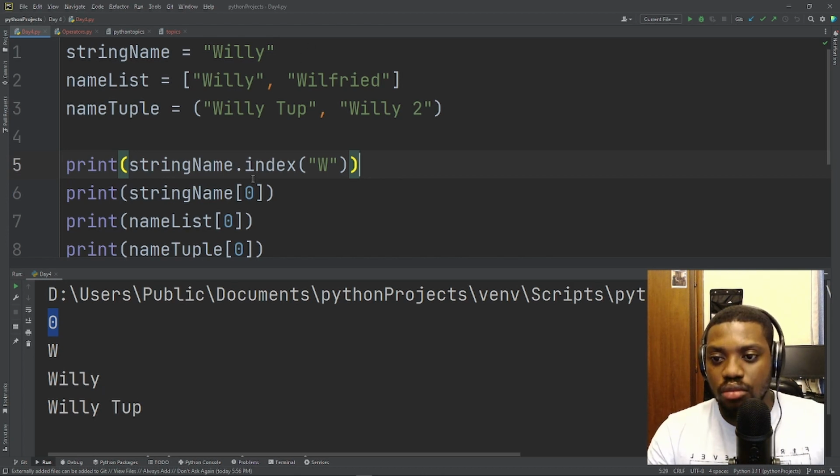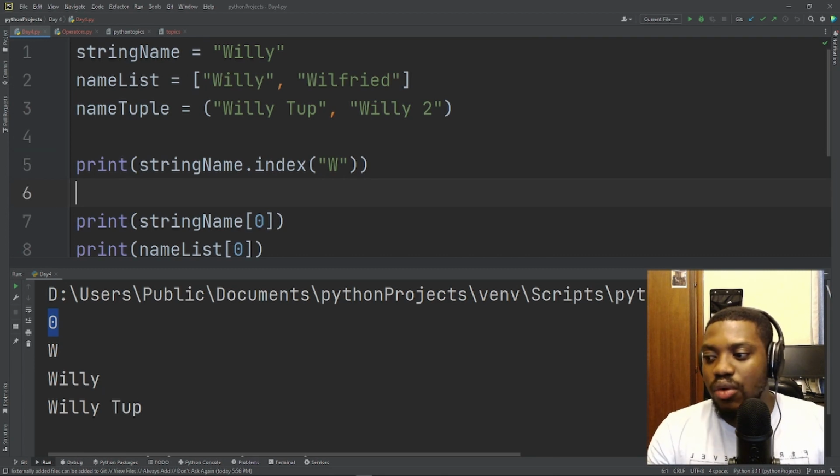Now, before we even jump into that, this is a string, so we're able to access this method and then pass in these values here. So to check the kind of methods that exist,